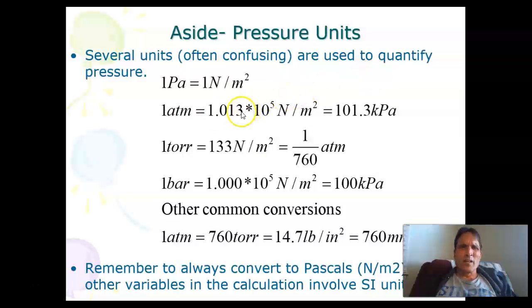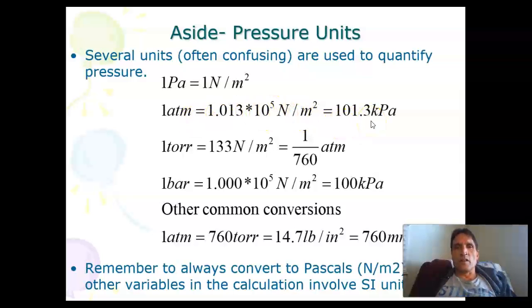What that means is that at sea level, the atmospheric pressure is 1.013 times 10 to the 5 newtons per meter squared, or in other words, 101.3 kilopascals, and that is atmospheric pressure. And so sometimes it's more convenient, instead of dealing with pascals, to deal with units of atmospheres, where 1 atmosphere is the same as